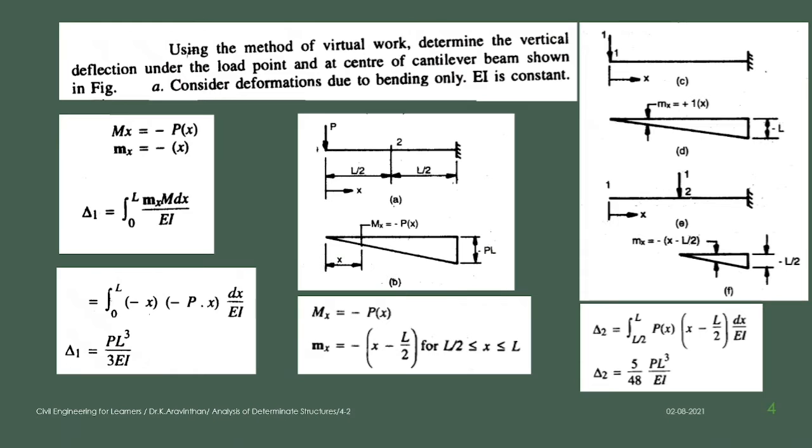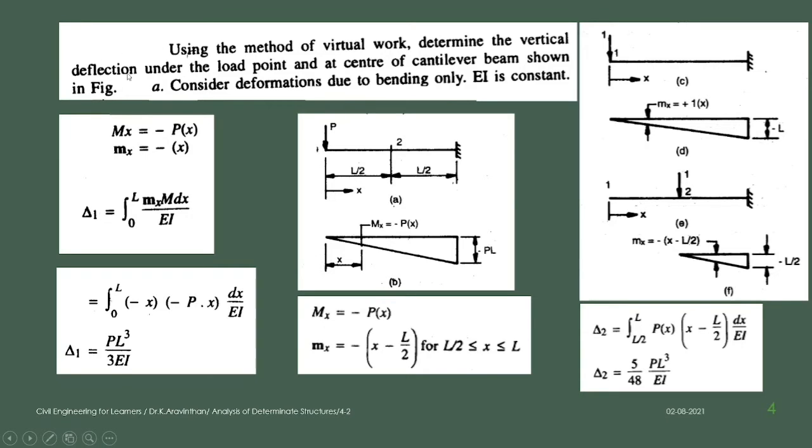Now let us understand by solving this problem using the method of virtual work. In the questions, it can be asked as the unit load method, dummy load method or virtual work method; all are the same. The concept is that you are applying a unit load, that is 1 kilonewton of load, at the place where you require the deflection or the slope.